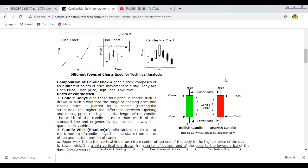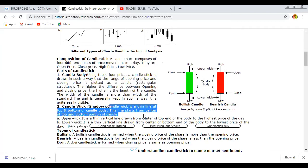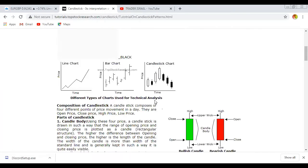The one thing you should know is the opening and the closing price of the candle. So we have the wicks of the candle. There is a body. This one we can call the body, and this one is a wick. So for an uptrend, here the candle opens and here the candle closes. I'm just going to give you a small idea. Here you can study everything, but I'm going to explain it clearly with drawings and all in my classes. And if you already know all these things about the candlestick patterns,